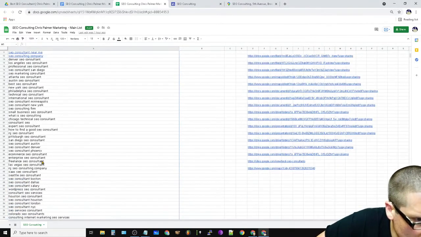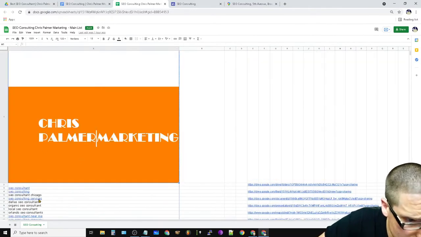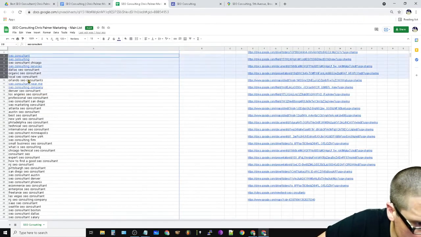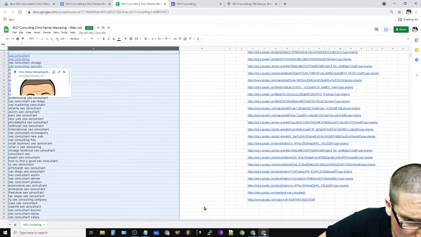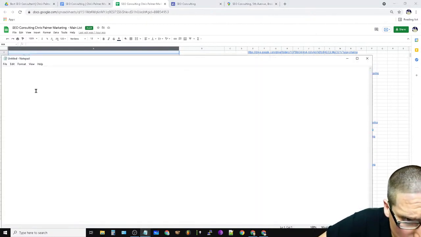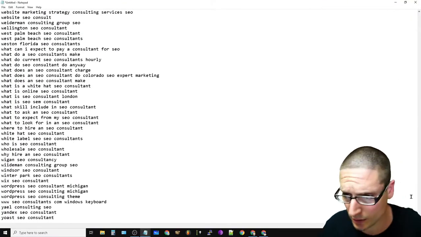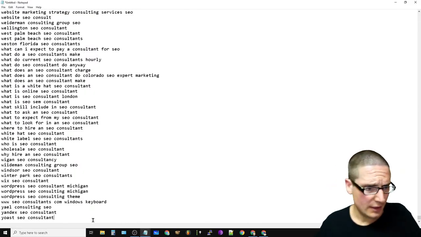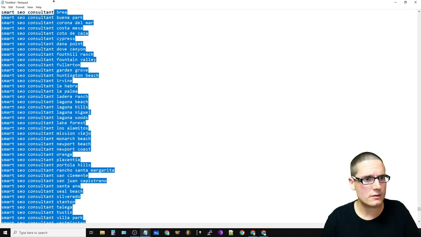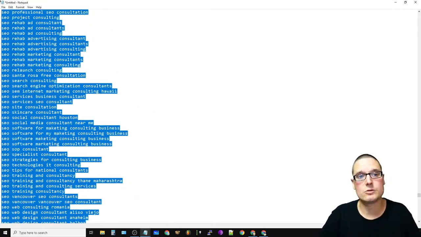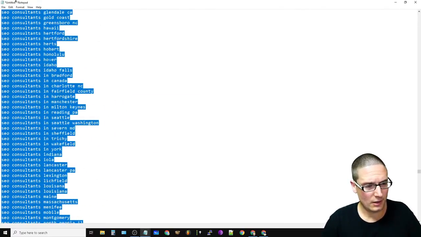So in all honesty, I'll probably just take these high level keywords here, because I know that these are the most volume keywords. So here, we'll just copy this. Okay. We'll bring it over to our notepad, paste it in, make it large, scroll to the bottom. These are from most volume to lowest volume, right? Or most relevant to least relevant to the primary keyword. Depends on how you look at it.